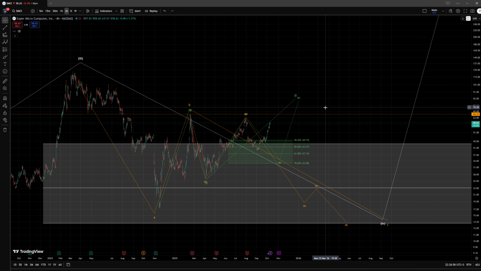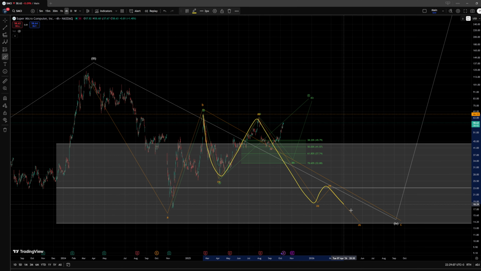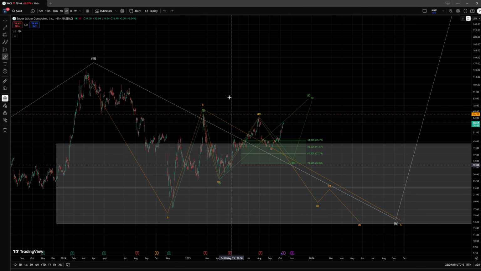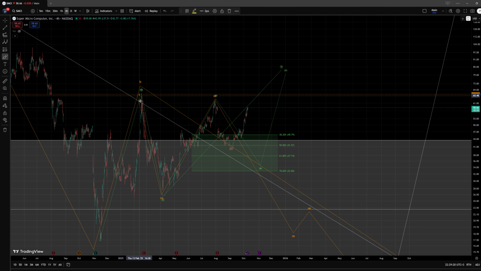we have here in the wave B, and for which we have this dashed line at the $66 level, and as long as we stay below that, we can continue to track a C wave to the downside that would develop in a 5-wave structure. Doesn't need to, it could be a different pattern overall, but the idea is we would still be tracking continuation to the downside. Now, even before we had this idea of a 1-2 setup here, and we did again